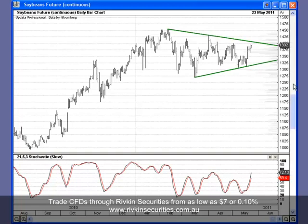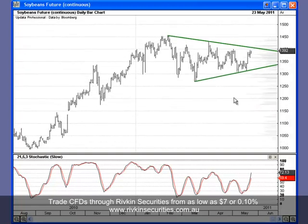Now at the moment I can't really see a good entry price in terms of getting into this security. There is quite solid resistance through this region here, which has capped prices for quite a period of time, so between 1400 and 1450. It may be the case that we break up into this region before finding a good buying opportunity. At the moment, if we were to buy now, we're preempting the pattern a little bit, and added